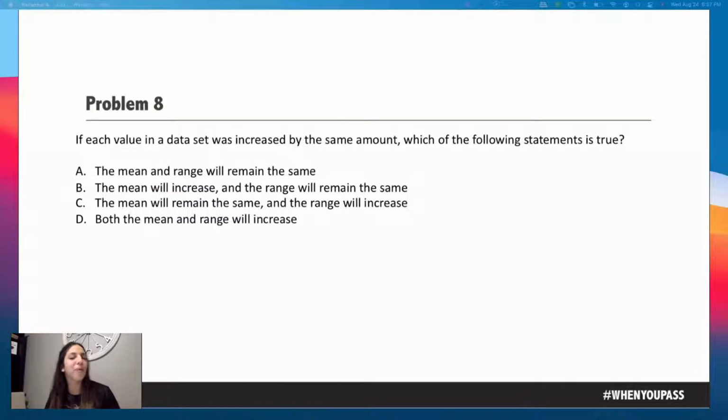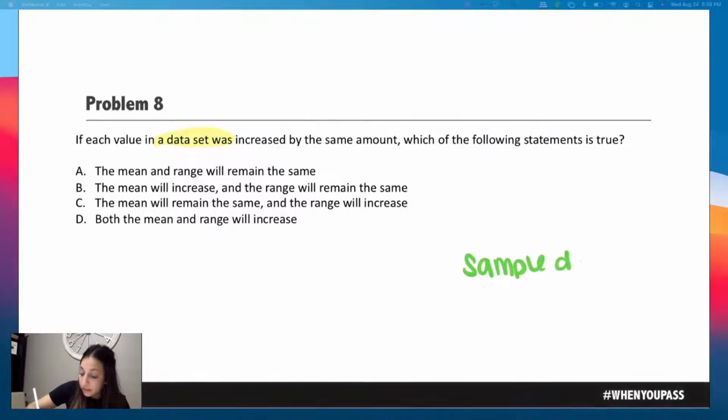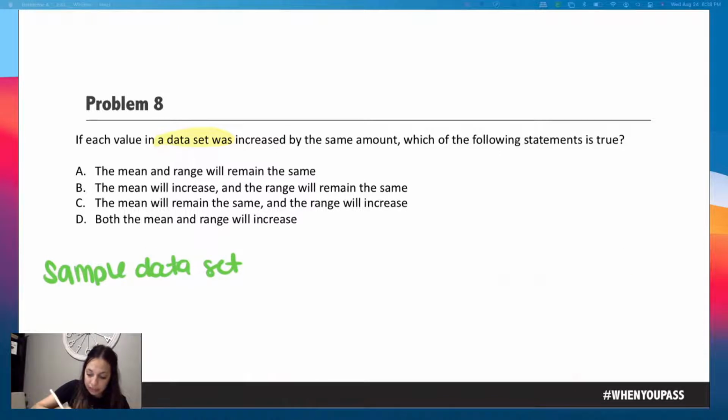So this is the kind of problem that I was never very good at because I have to have numbers to help me with this. So I personally would probably skip right over this problem and come back to it when I had the time to sit and write out some sample numbers. So let's think about this. If I have a sample data set, I wouldn't write out sample data set, but if I were to do this problem, I would come up with a sample data set A.